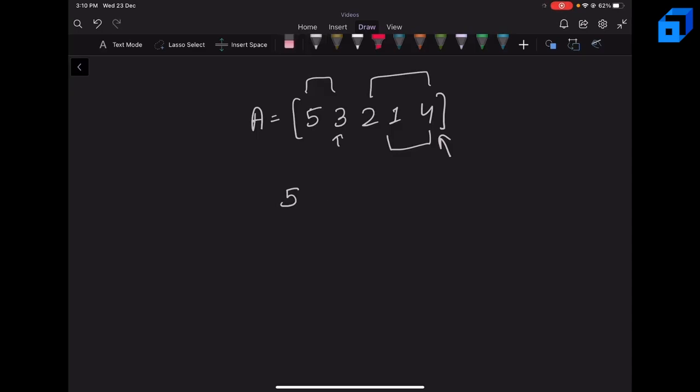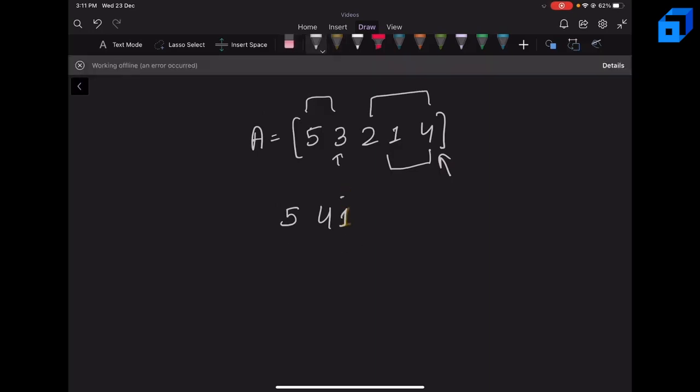So for example, the last element is 4. Now 5 is greater than 4, so we'll take it. But now 3 is not greater than 4. So now we will take a suffix and reverse it. So it will have 4. Now is it beneficial to take 1? So we can also take 1 as well. So instead of saying that we are reversing the suffix, we can say that we are taking elements from last. Now as you can see, 5, 4, 1 will be lexicographically greater than 5, 4. So it will be better to take 1 as well. So 5, 4, 1, and similarly we can take 2 as well. So 5, 4, 1, 2 and 3.